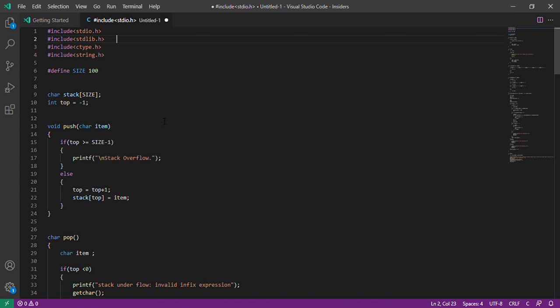Then next step, if a right parenthesis is encountered, then first repeatedly pop from the stack and add to y each operator on the top of the stack until a left parenthesis is encountered. Then next, remove the left parenthesis. End of if. Last, end. Next we see the program to convert infix expression to postfix expression.